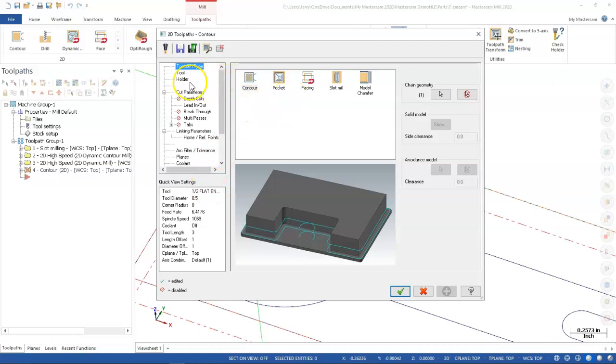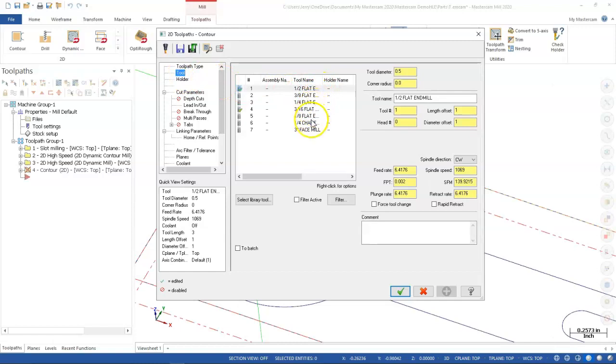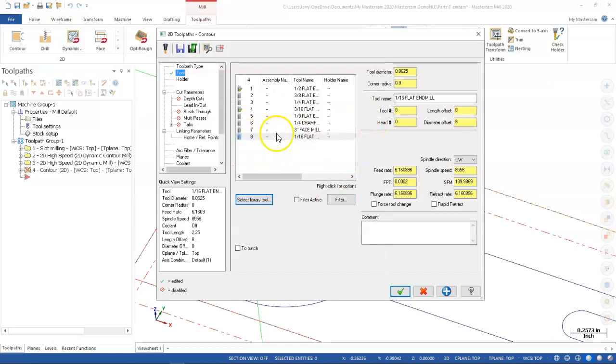Now this is going to be one of those, see the tool. So I don't have a 16th end mill as part of my default, so select a library tool. We're going to go in and find a 1/16 flat. It adds it automatically as tool 8 because that's what we told it, find the next number in the sequence. So we've preserved our standard tool crib, added the next one that we need, and